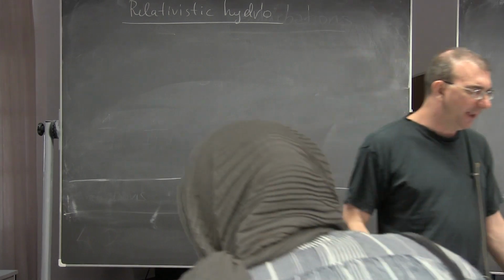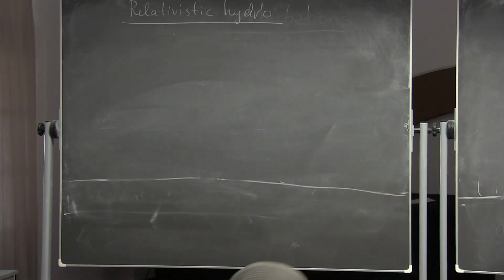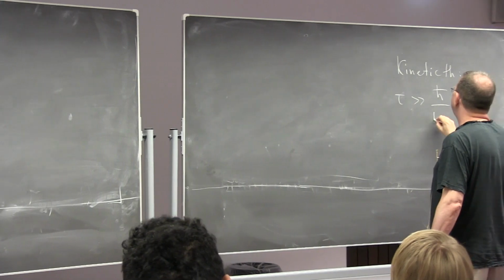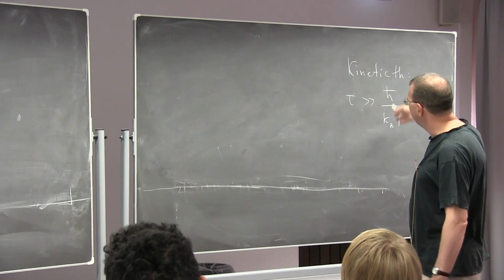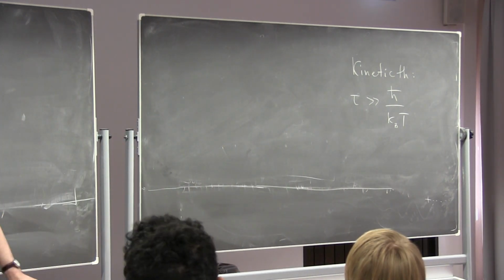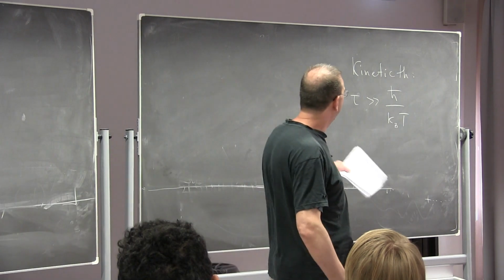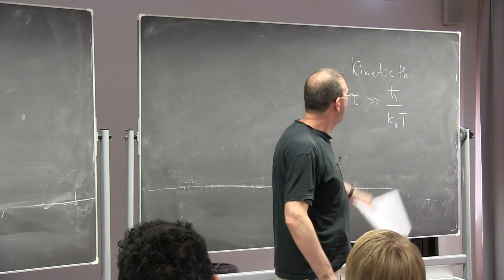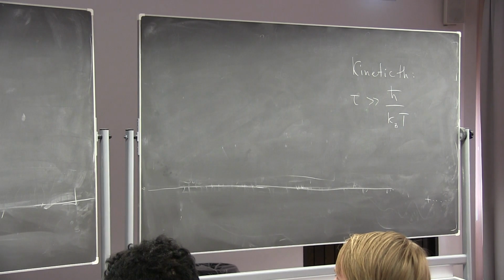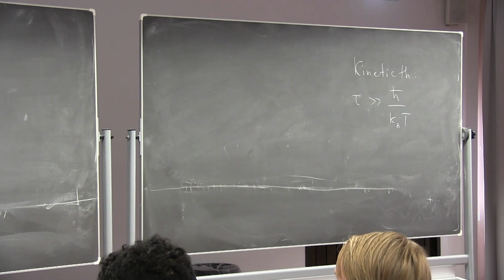So we listed all these criteria, and one of them, I remind you, was a rather curious inequality, right? So kinetic theory applies for time scales involved which are much larger than this interesting quantum time scale, and we will come back to this when we study holography, because holography exactly allows you to consider the processes where tau is of the order of h bar over k Boltzmann T. And this is characteristic of the strongly interacting systems, which is also relevant for things like condensed matter systems and so on.